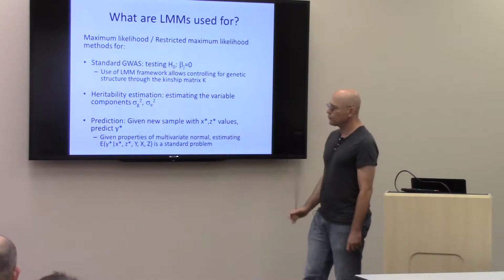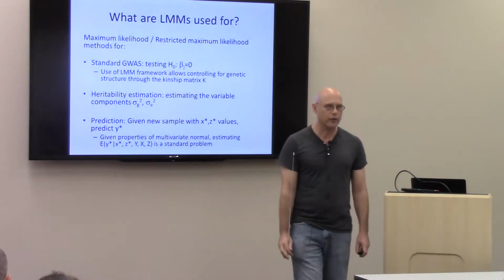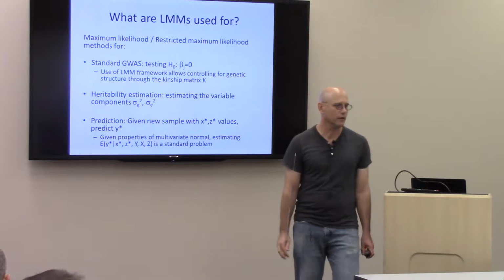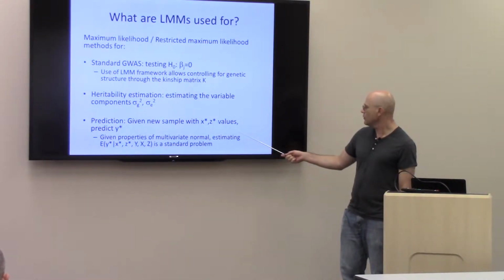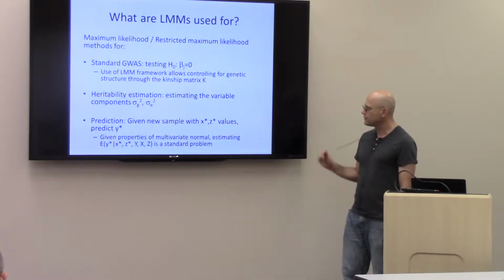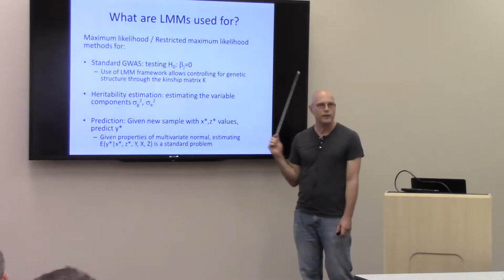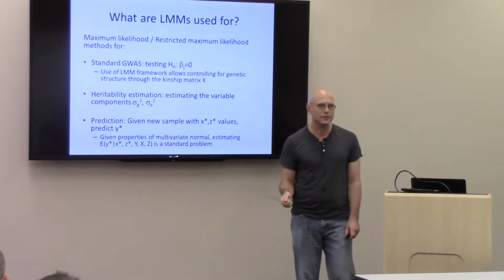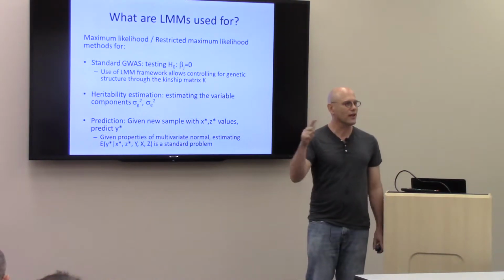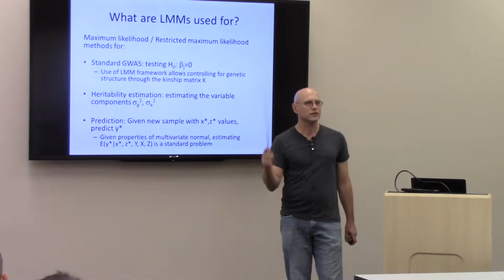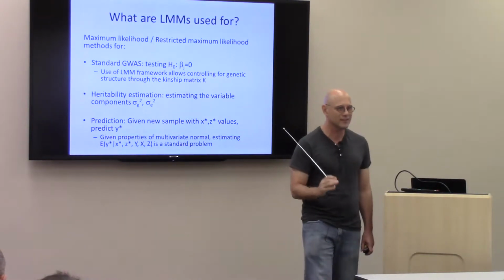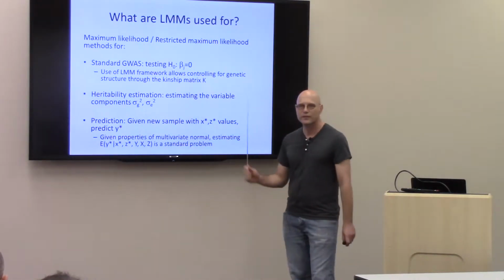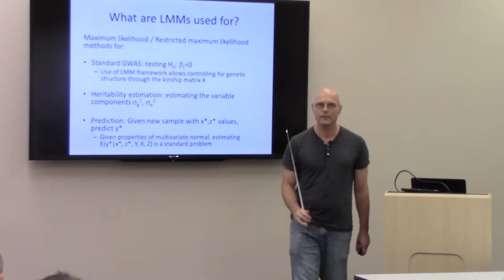And another thing that we haven't heard a lot about, but I think it's a very important application, especially in the medical context, is the idea that if you give me some new data, you give me the X and the Z for someone new, I may just want to predict their phenotype, right? So this doesn't pass through the traditional path of discovering associations and then investigating the biology and learning about the disease and so on. We may just want to predict as well as we can, given the data we've had